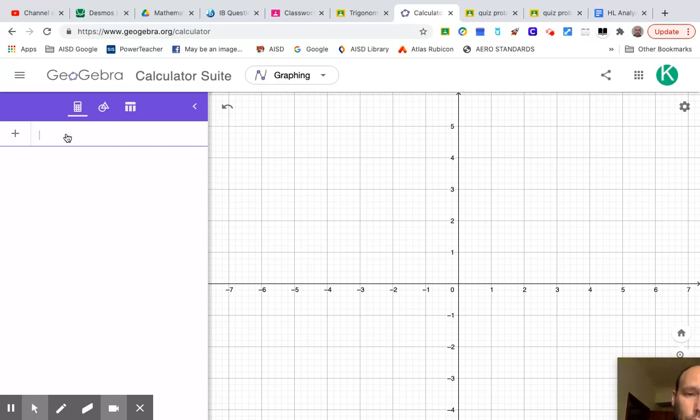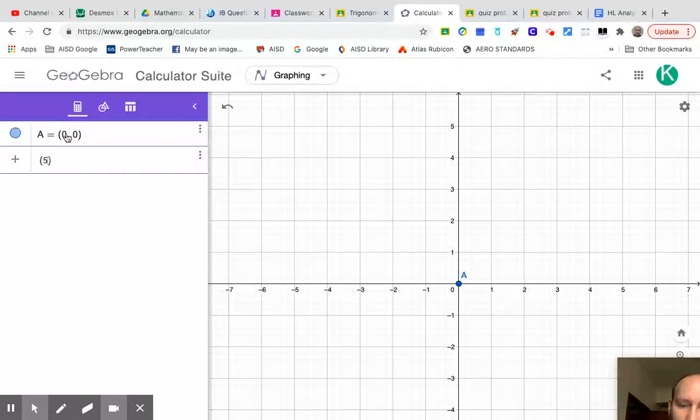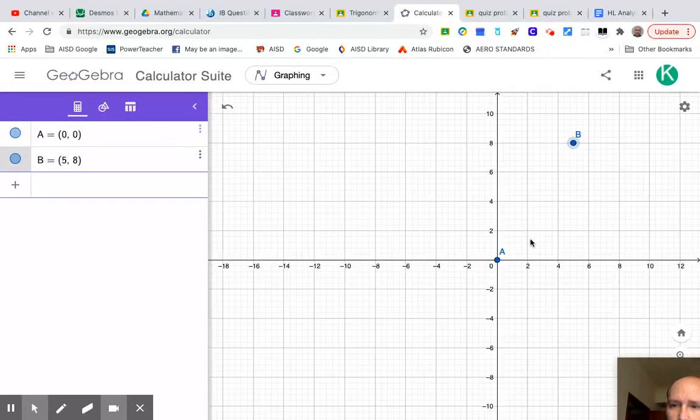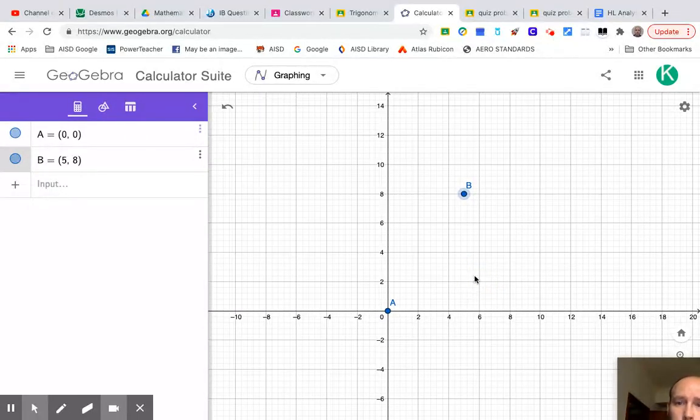So first I'm going to plot the origin, just to make 0, 0, enter. That's point A. And then let's do some examples. How about we call B, how about 5, 8? Fine. So where's 5, 8? There it is. And so what I want to do is rotate it